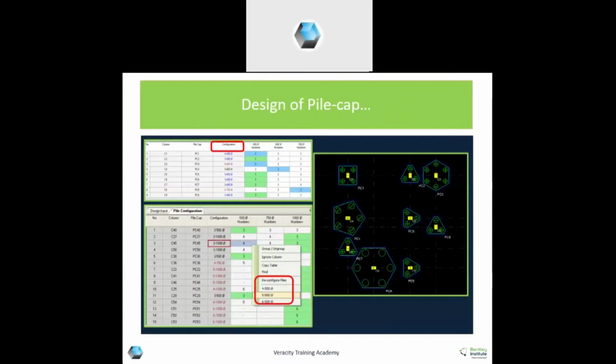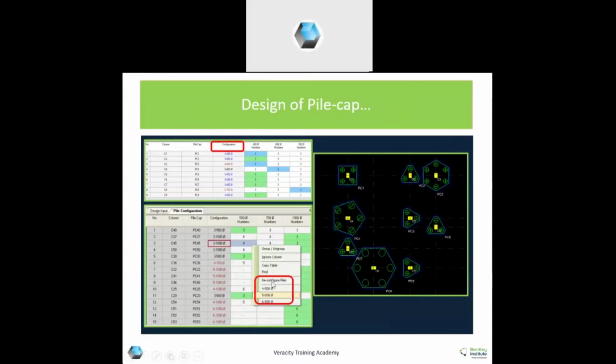Next is design of pile cap. When we go on designing, the general pile configuration is shown. If you want to change that configuration, you can always double click on that, and you'll get a screen showing reconfigure piles.